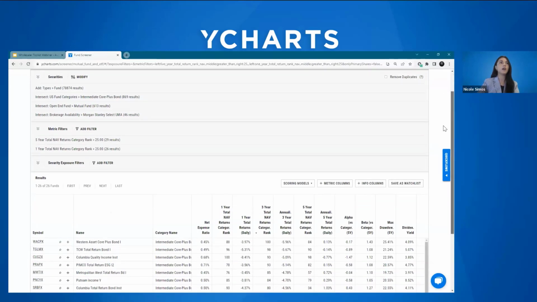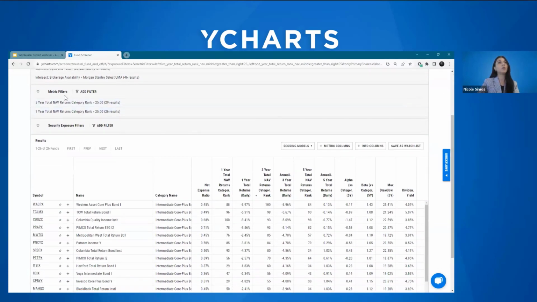Now, if I scroll down, you'll see we've also added what we call metric filters. Metric filters are yet another way for us to continue to get a little bit more specific in the resulting funds that we're looking at. In this case, you can see I've set up 2 filters. And what we're doing here is we're finding funds that have a certain 5-year category rank and 1-year category rank. And because we're looking for replacement opportunities here, we are screening for funds that have a category rank greater than